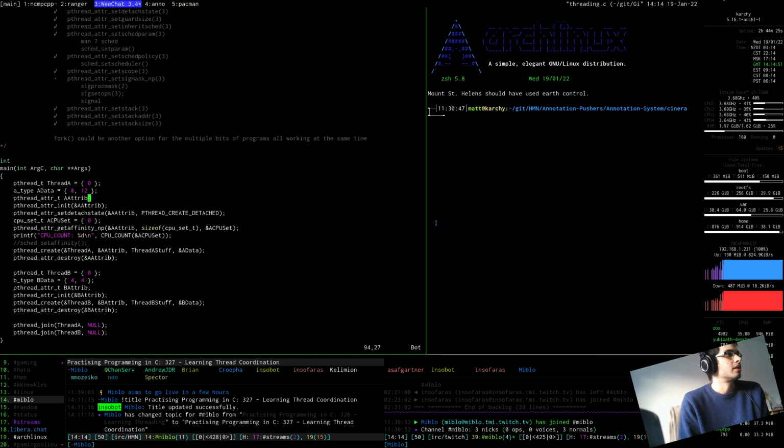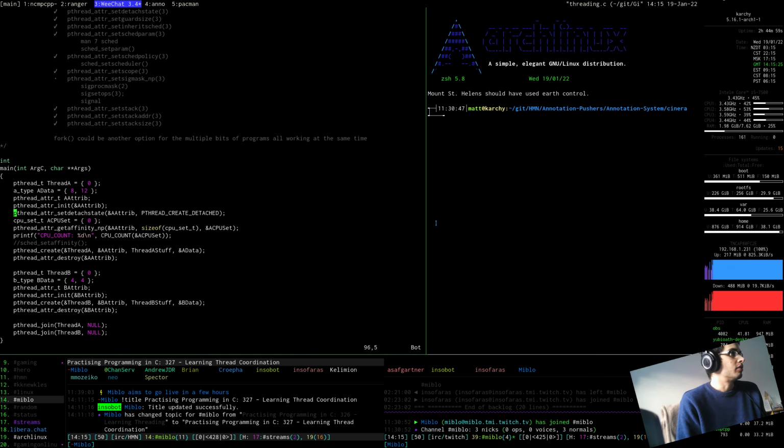So we actually initialize a set of attributes, and we make a change to one of the attributes, and here we also get the affinity of this one. For each thread we create it, and we also destroy their attributes,